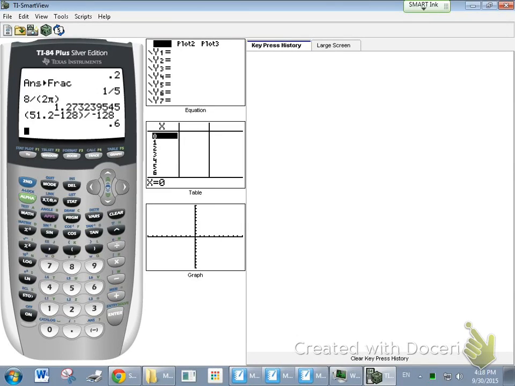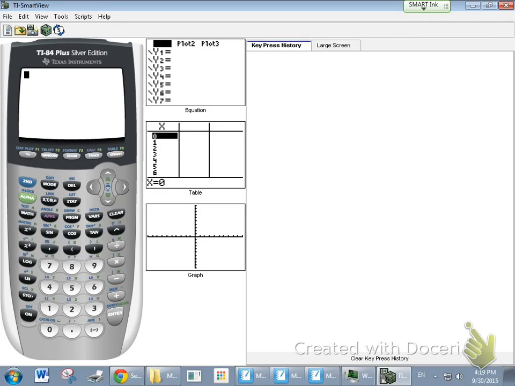Alright, so today I'm going to show you a bunch of different cool things that you can do with your graphing calculator. We're going to start with talking about the second button. The second button actually allows you to pick any command that is in the same color as that button. So anything that's in blue above the other buttons, you can do that command if you hit the second